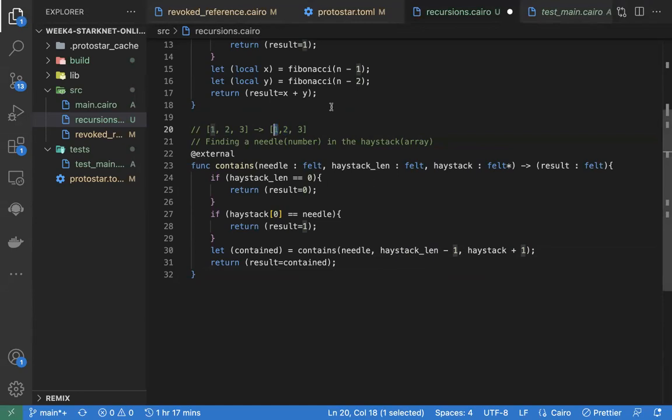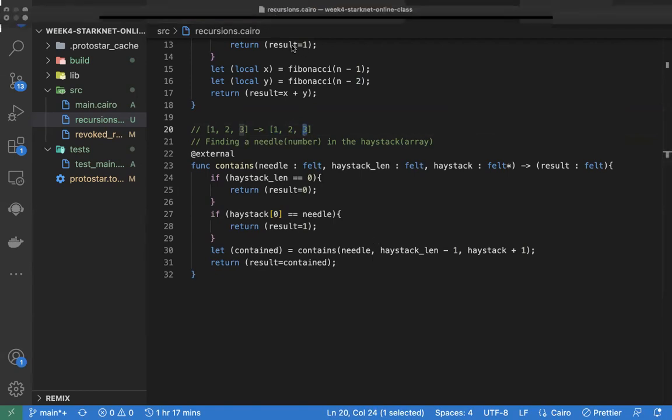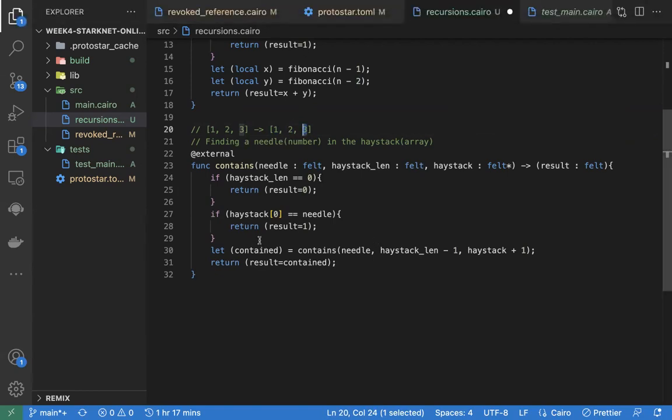Okay, so basically, this array still remains the same, but the pointer is changing. You understand? The pointer is changing, and it keeps going through until it finds the needle, which is the number we're looking for, or it doesn't, right? So that is that on this particular